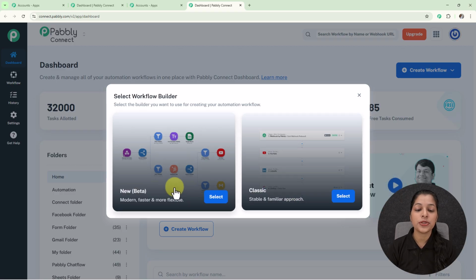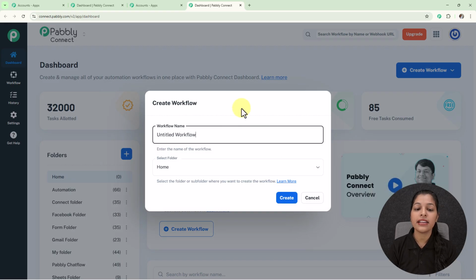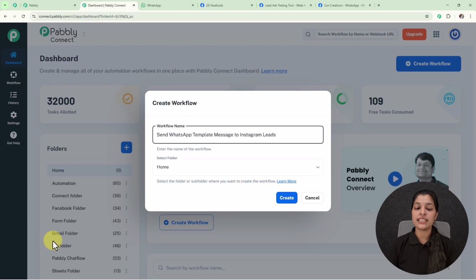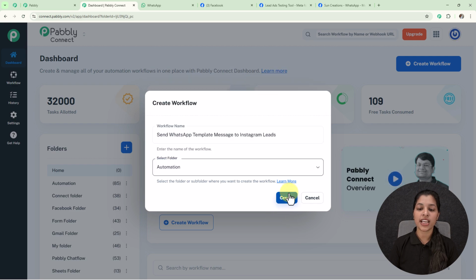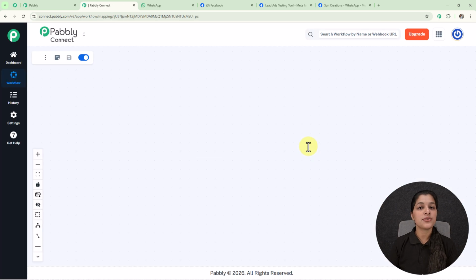So here I am going to use this newly launched workflow builder beta. For that you simply have to click over this select button, and here we are getting this dialog box which is asking me to enter my workflow name. So now let's provide a name to my workflow here. I'm providing it the name "send WhatsApp template message to Instagram leads", and I'm going to select my folder as automation. Now let's click over this create button, and here we have landed on our workflow page where